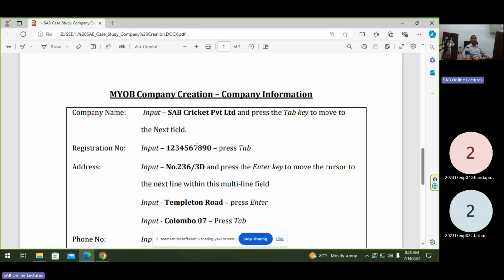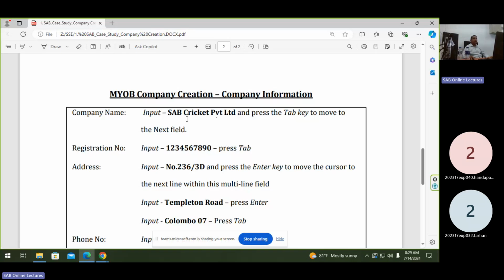Listen very carefully. Continue the transactions and some information given to this particular company, and assess your knowledge. So every student has to create this certificate private limited, but as I told you last week, not given by the certificate, but given by your registration number.